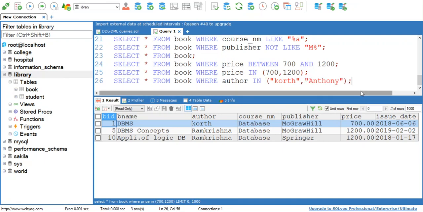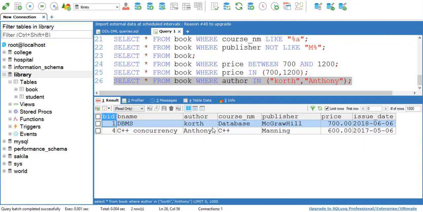Now when you execute this query you will get the output for the books whose author is either Court or Anthony. See, you have got information about 2 books only where the author is Court or Anthony. Whatever value you specify after the in keyword, your query will match the output with those values only. But this is not the case with between. Between is used to check the range of values.